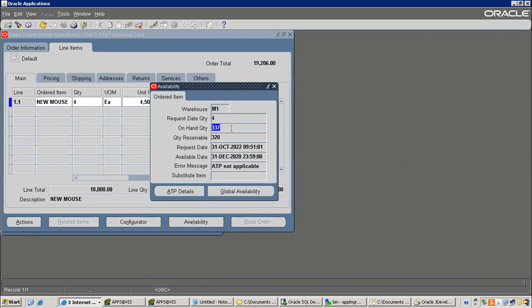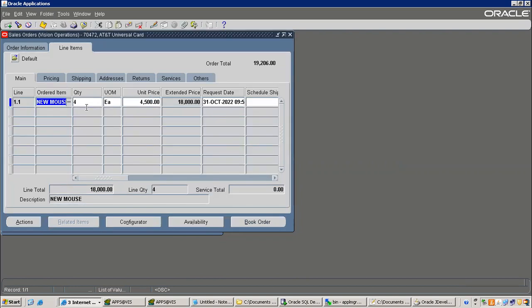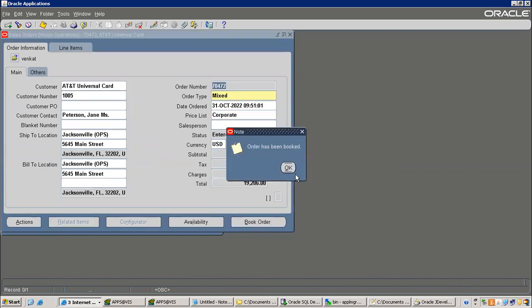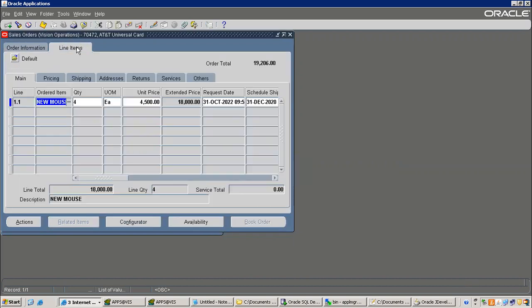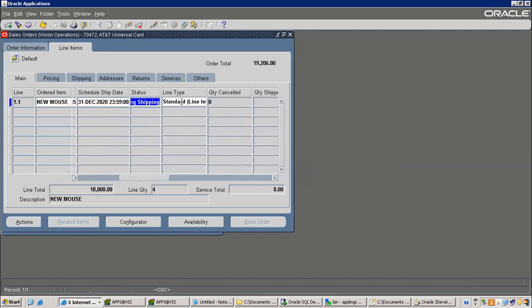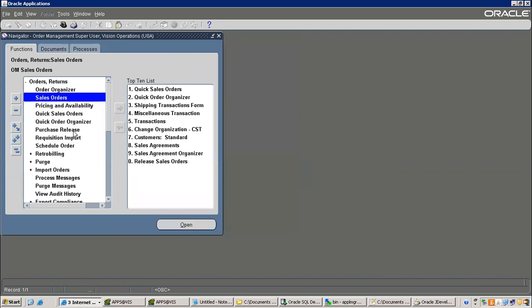Reservable 320 and on-hand quantity 337. The rest of the quantity could be utilized for other sales orders. Then book order. Check before closing what is the status. Awaiting. Sometimes it will be booked, and then you have to double check what attributes you have enabled. Then go to